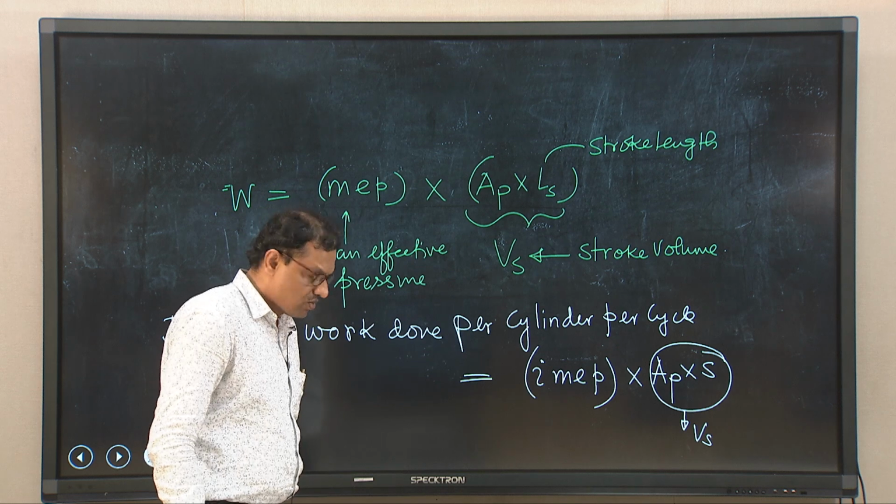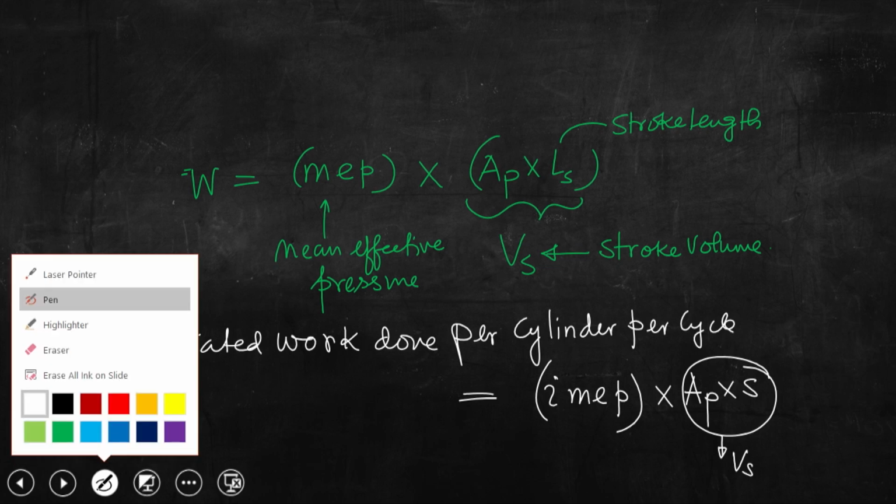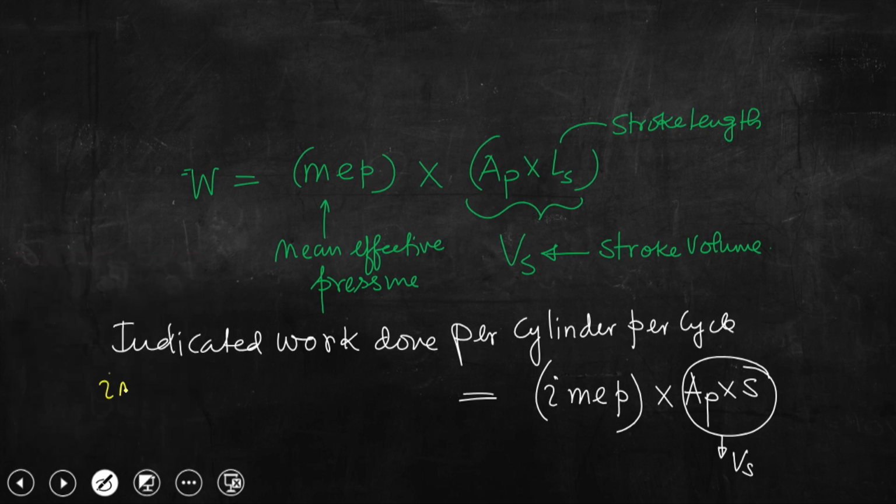Okay. So, this IMEP, this indicated mean effective pressure, is obtained from the indicator diagram